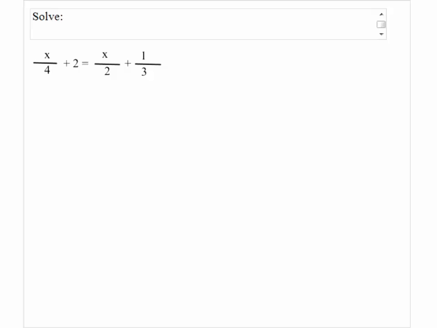Solve. Here we have an equation involving fractions. If you look at the 4, and here we can put 1 here, denominator is 1, we have 4 here, and the denominator is 2, and here is 3. If you find the LCD of 2, 3, and 4,